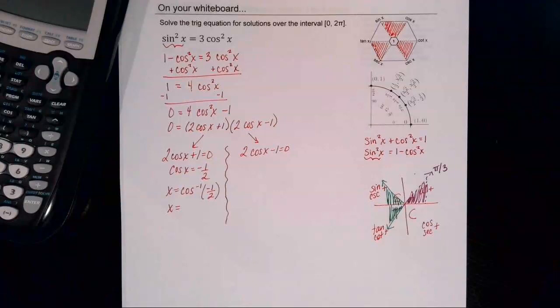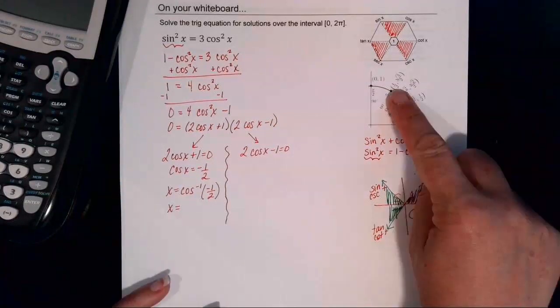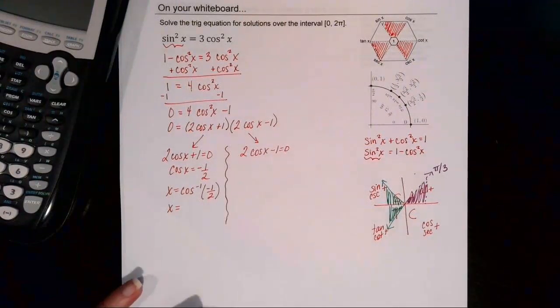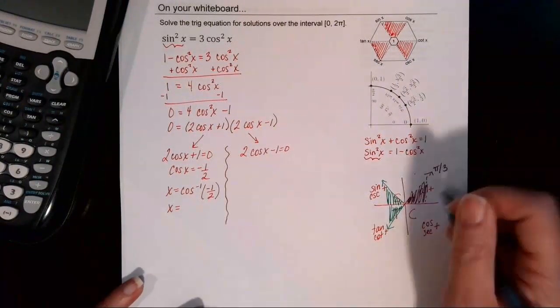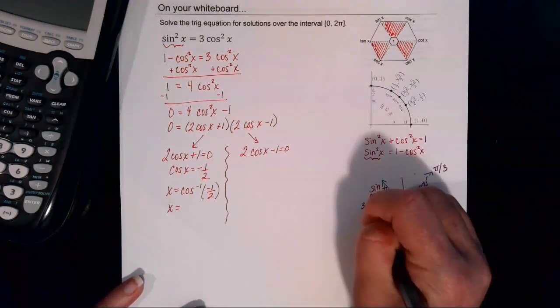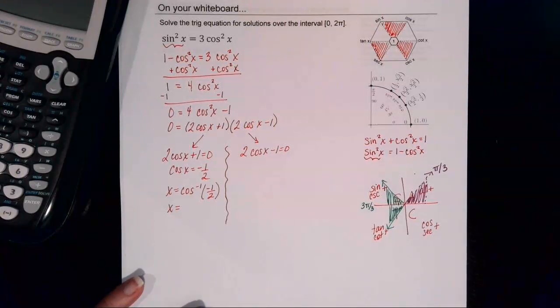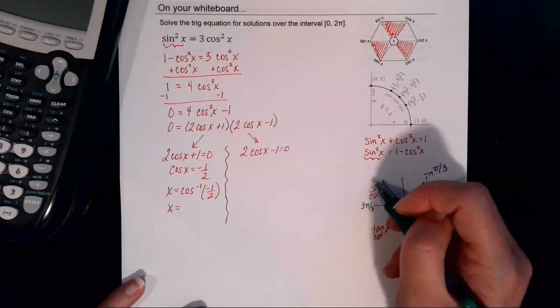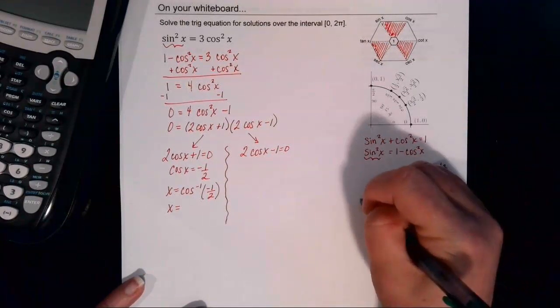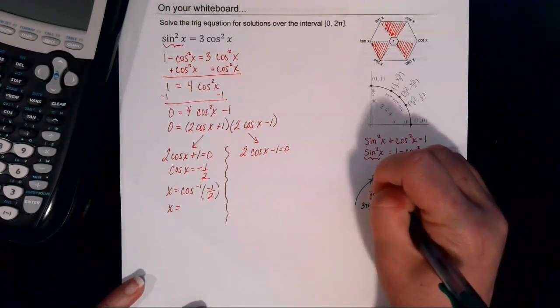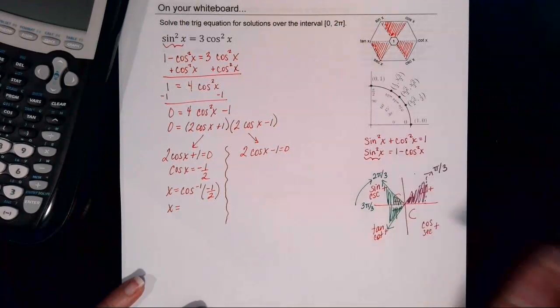Because pi over 3 had that 1/2 as its x-coordinate in quadrant 1. So if the whole circle is 2 pi, half that would be 1 pi, which is 3 pi over 3. So I would go backwards from there. Since I'm moving in the clockwise direction to get into quadrant 2, I would subtract pi over 3. So 3 pi over 3 minus pi over 3 is 2 pi over 3